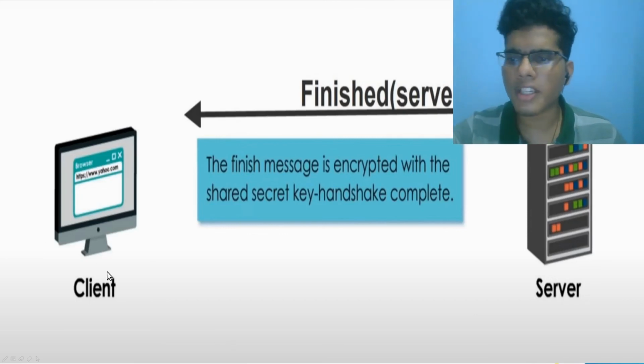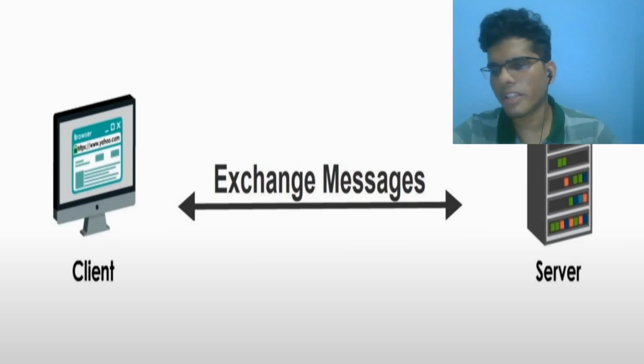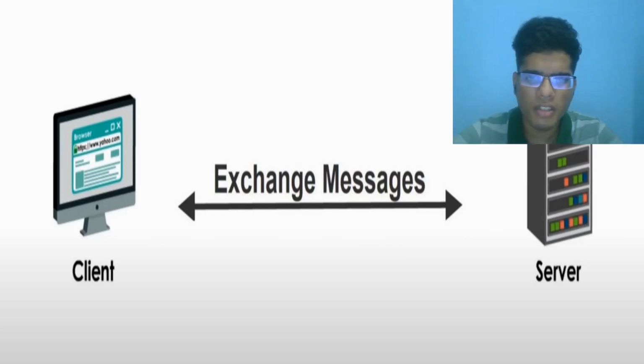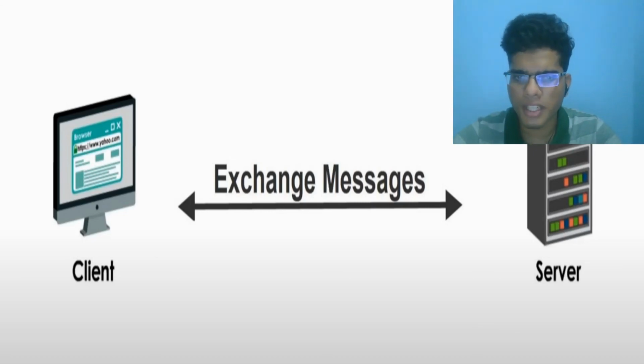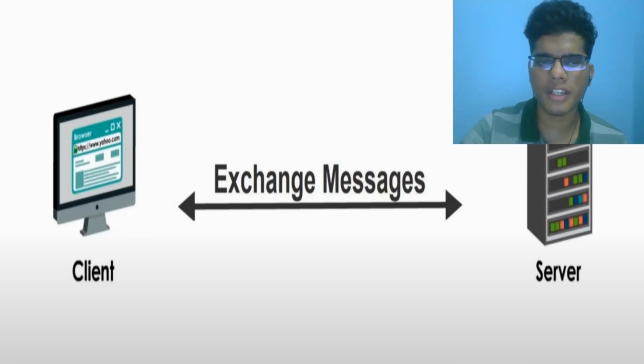If the message sent by the client and the server is exactly the same, the TLS SSL handshake procedure is successful. If not, it tries to establish the connection again. After the proper exchange of the symmetric keys between the client and server, the HTTP protocol is used as usual, and it can take place using symmetric key encryption. The message can be encrypted between a client and a server using the common symmetric key which is generated by the client. We can be very sure that the client and the server are the only parties with this symmetric key. Hence the communication between the client and server is secured.